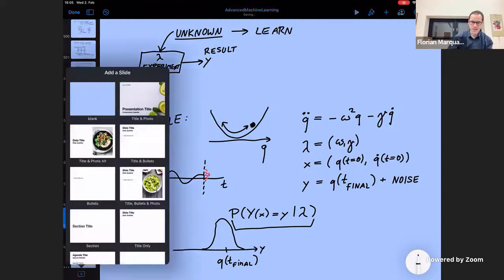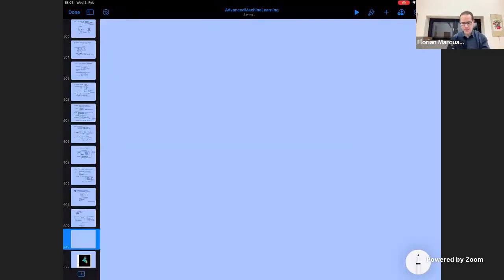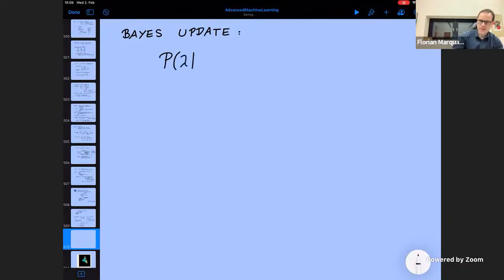Okay, so we said, let's use Bayes. Let's use Bayes to update our information. So we already know how this works. And in this little section today, we will be able to use many of the techniques that we learned when we discussed information theory. So I would say the probability distribution of lambda given the observed measurement result, according to